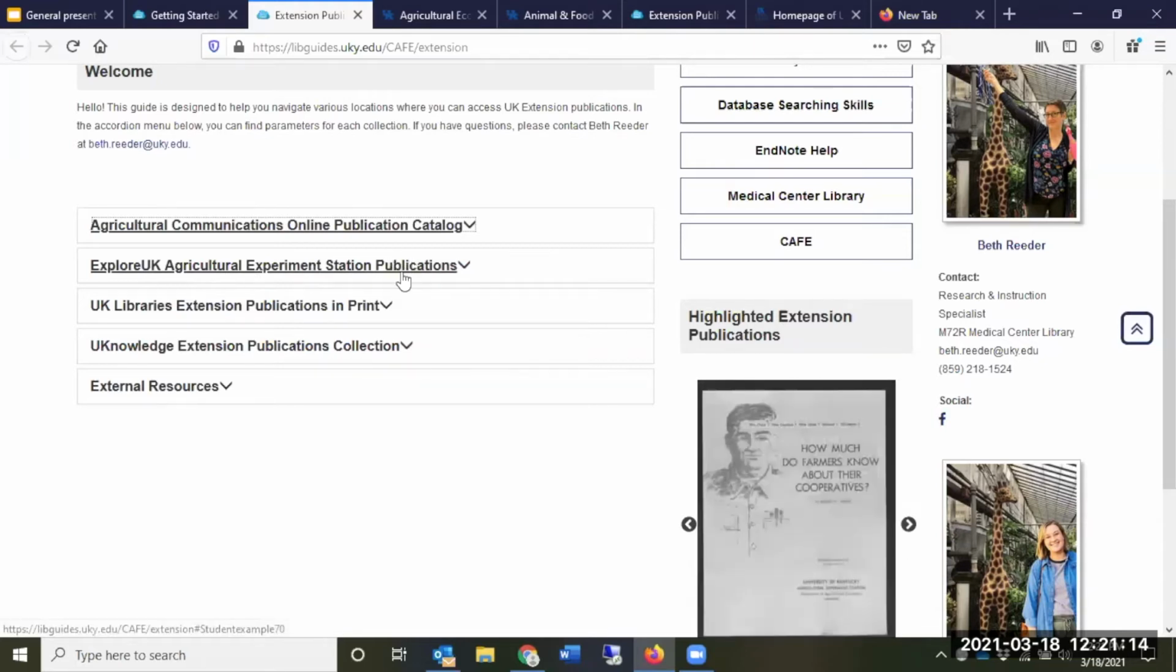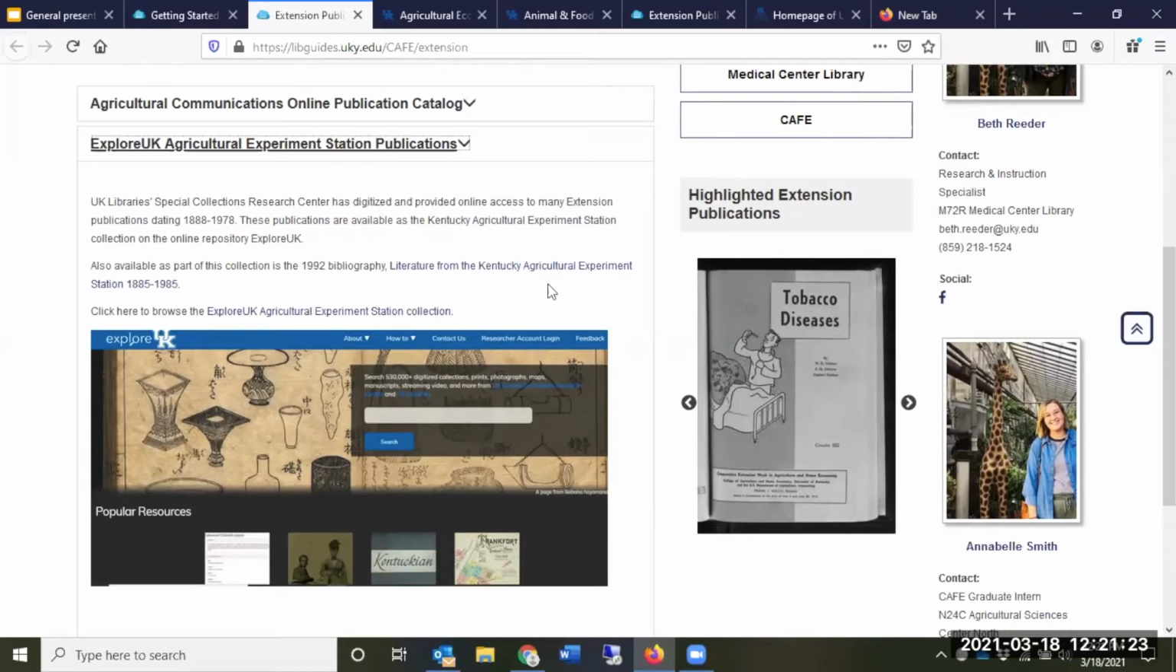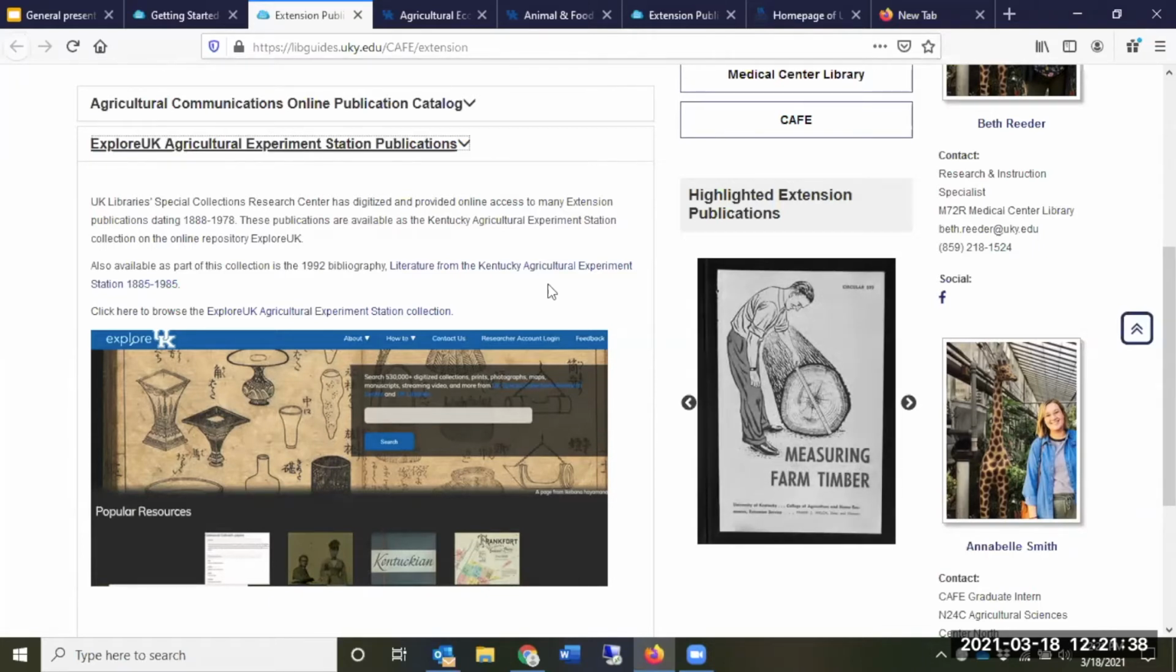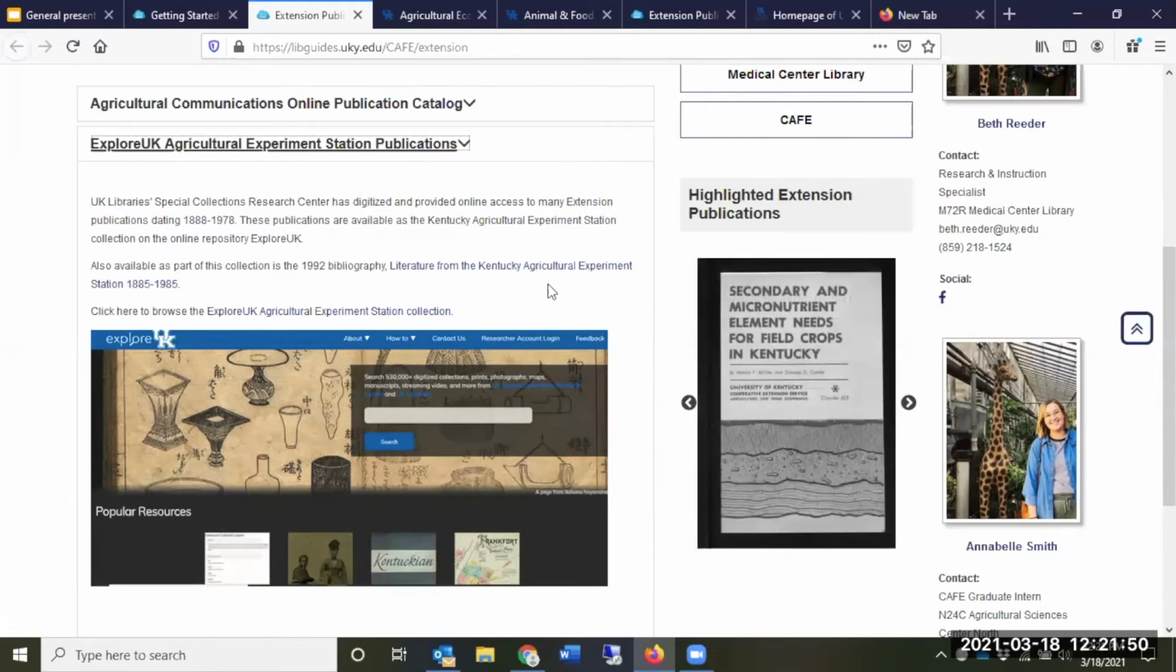Now, Explore UK is a platform that our Special Collections Research Center, which is part of UK Libraries, has set up to provide digital access to our print collection from, I believe the dates are 1888 to 1978. That's not necessarily comprehensive coverage, but what we had in our print collection, as I understand it, was scanned in. The SCRC, again, they're the experts on this particular site, but this is